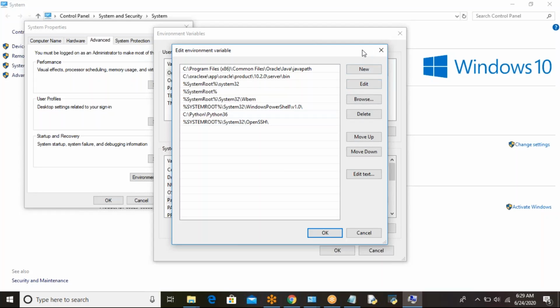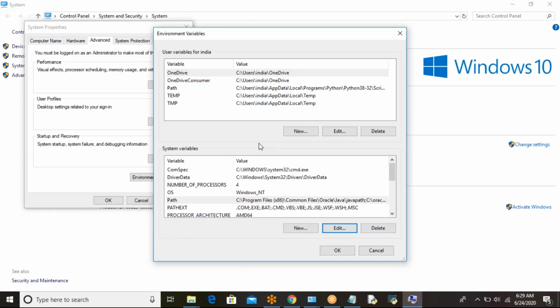Sometimes, the difference between user variables and system variables, I'll explain now. Say for example, you are using the system. Sometimes many people log in; by default the system-related things are set to the path here in the system variables. Generally, when you install Java or some other software, you can set it in the user variables. But say for example, you are the only person using that particular system. Then it's enough to set the path in user variables.